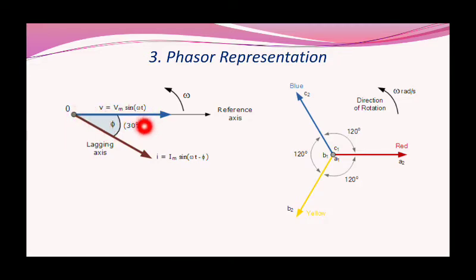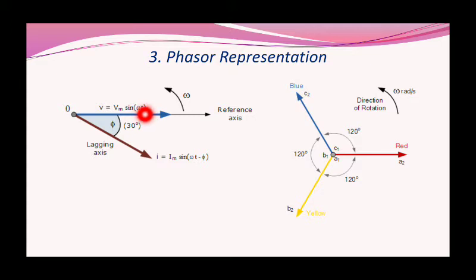So we represent a voltage or current with these arrows. For example, this is the arrow of voltage and this is the arrow of current. In phasor representation we show an arrow bigger if its value is more, and we show the arrow small if the voltage or current value is low. There are two things to consider for phasor representation. We have to know its position. For example, v of t is equal to Vm sin omega t.